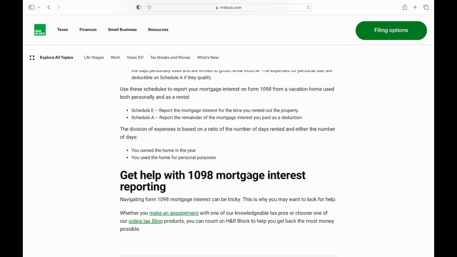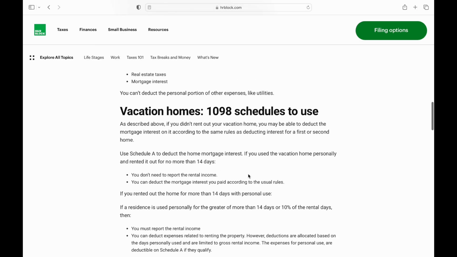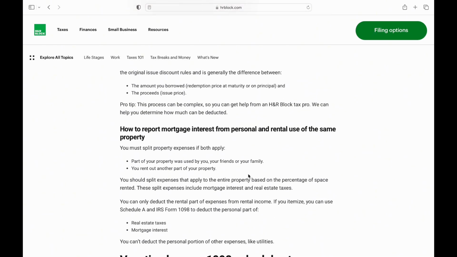Note that a 1098 form typically contains 6 boxes of information, each reporting specific details regarding the payments made and received. They include the name, address, and taxpayer identification number of the payer and recipient, as well as the amount of interest paid or received. Log into your H&R Block online account